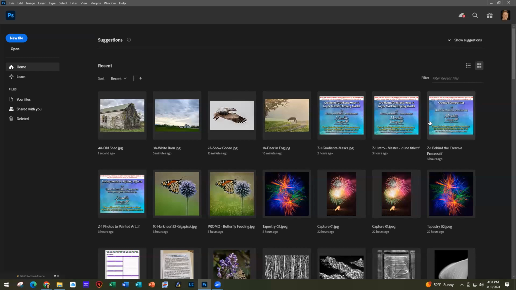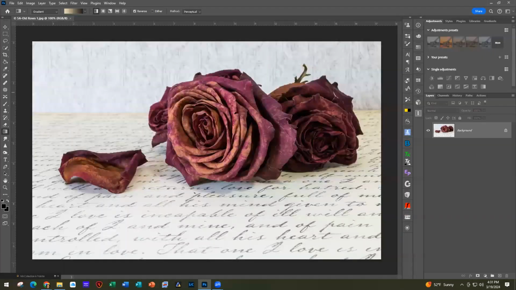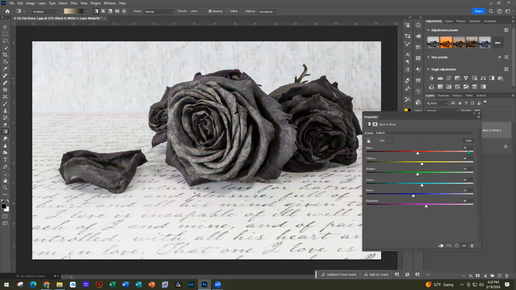It's already 4:30. That's good. I've got time. I got a couple more. So let's open this one. This one we're going to do a couple different versions so you can kind of see how things happen. So this one I'm going to add a black and white adjustment layer. And this one I did 68,